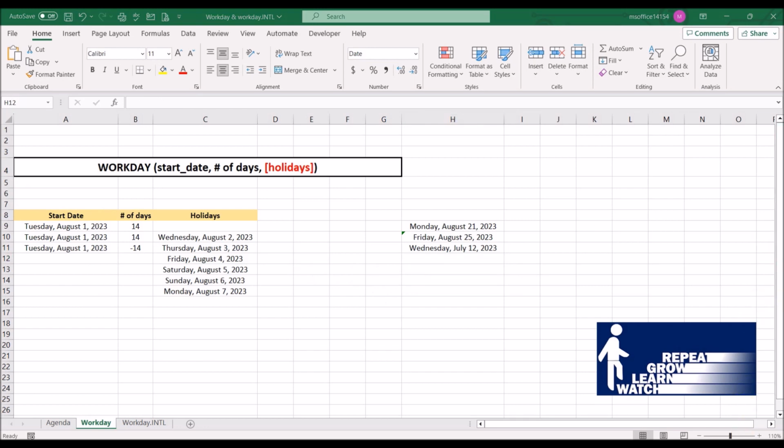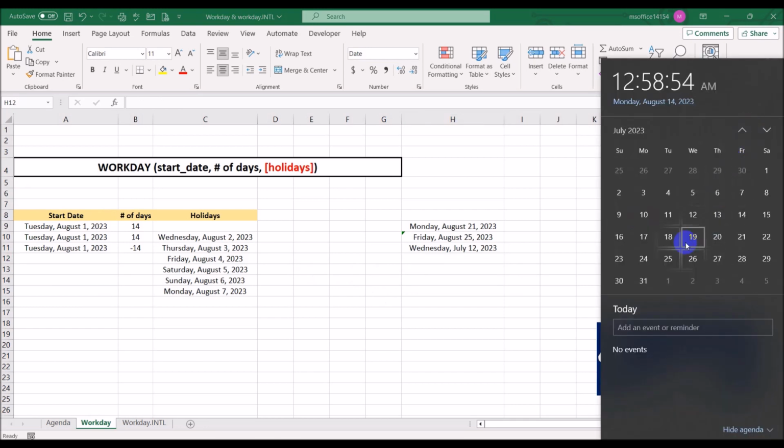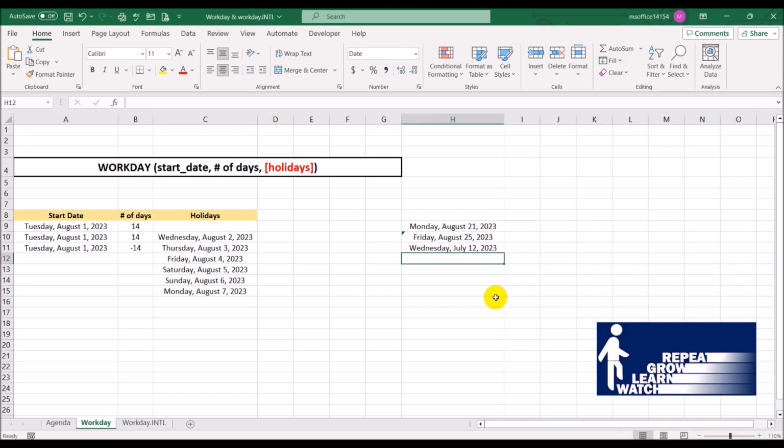Now let's go to July the 12th. 1, 2, 3, 4, 5, 6, 7, 8, 9, 10, 11, 12, 13. Okay, and you have 31st as the 14th day. So you were correct. The answer was correct. July 12th is 14 days in the past, excluding the Saturday Sunday weekends. Okay, so that's how you would use the